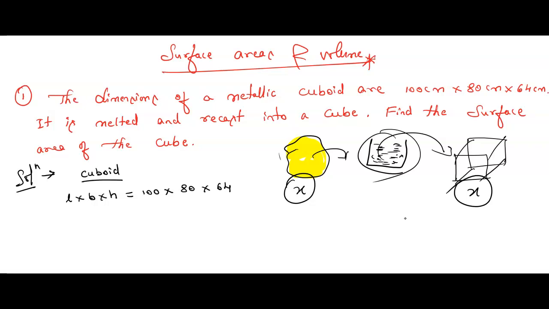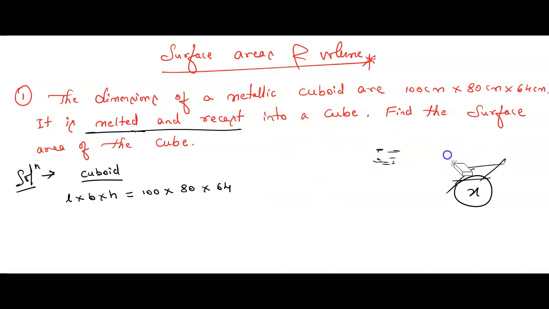Understood? Quantity remains the same. Whenever in a question you see melted and recast, melted means you are melting, you are dissolving that product. Recast means again we are manufacturing it. A pen you have melted and formed a pencil. Plastic containers or plastic waste materials you have melted and made one plastic bucket. Did you understand my point? It means we are changing it from one form to another form. Whenever in the problem you see the words melted and recast, you are melting and making one more new product into any shape, that is nothing but we have to use the volume formula there.